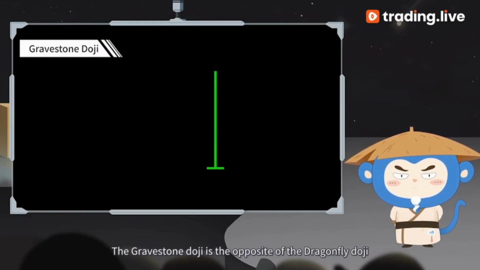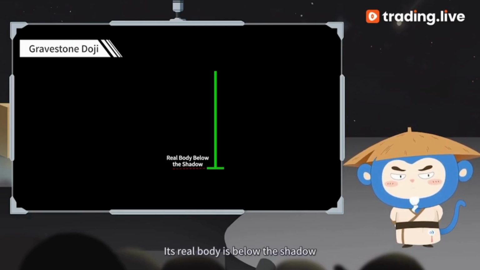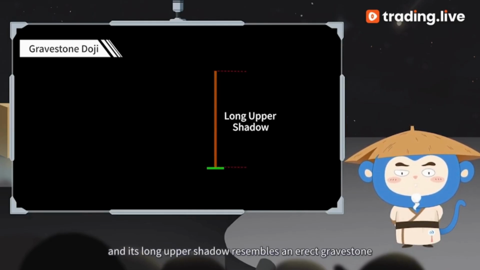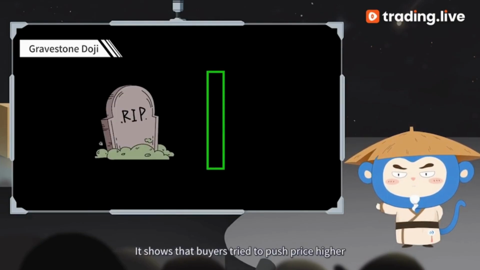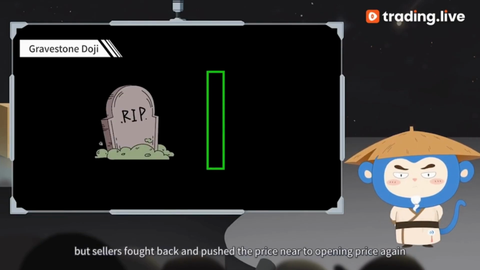Gravestone doji. The gravestone doji is the opposite of the dragonfly doji. Its real body is below the shadow, and its long upper shadow resembles an erect gravestone. It shows that buyers tried to push the price higher, but sellers fought back and pushed the price near to the opening